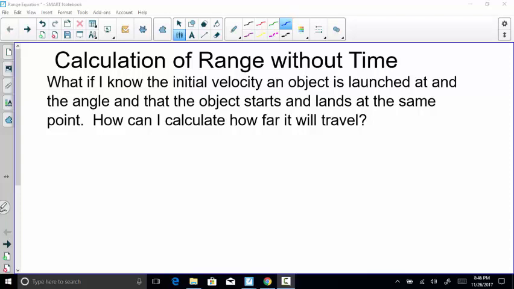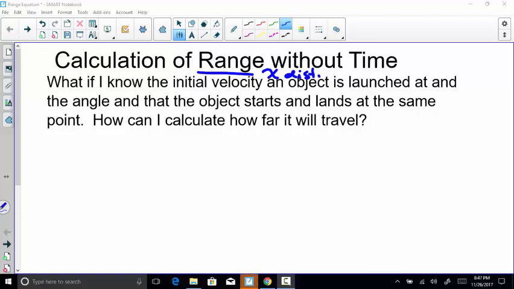Okay, this is a problem that we've actually come across that can be a really complicated solution, but we can actually make it into an easier solution by doing a lot of algebra. So we're going to calculate range, and range is just a fancy term for x distance,